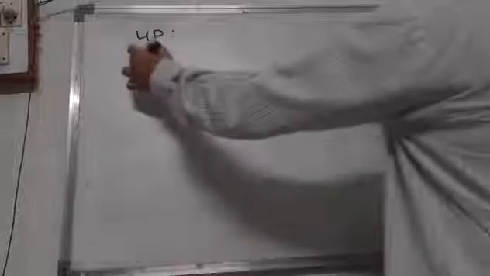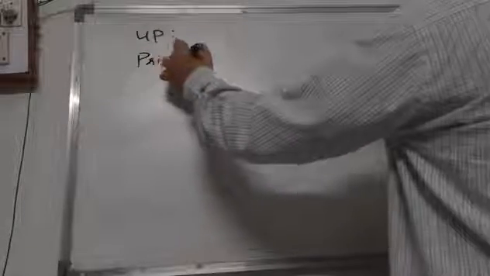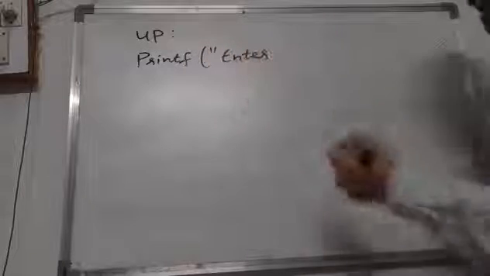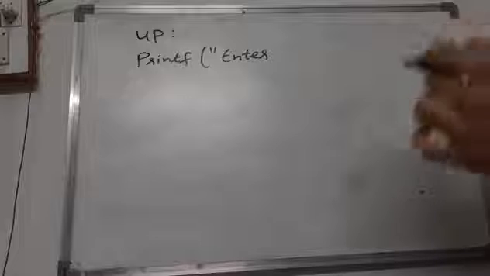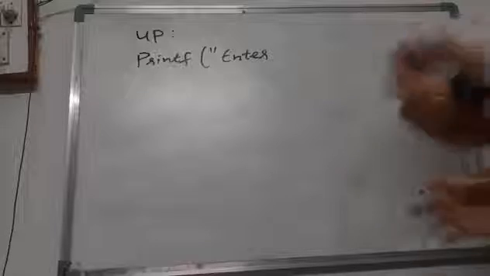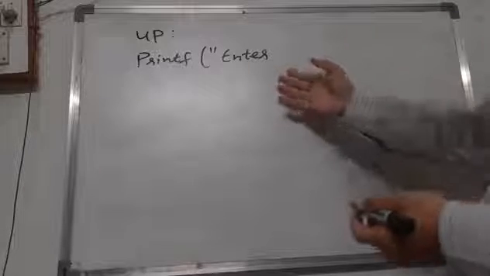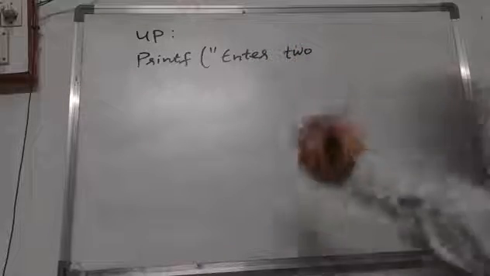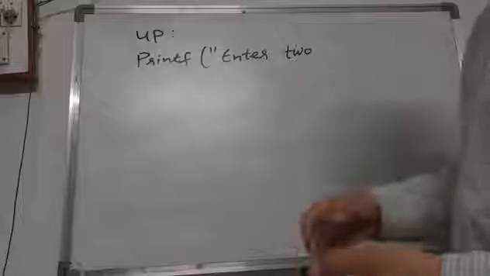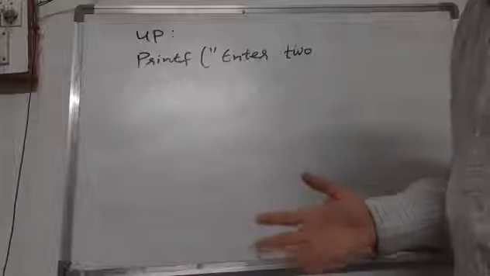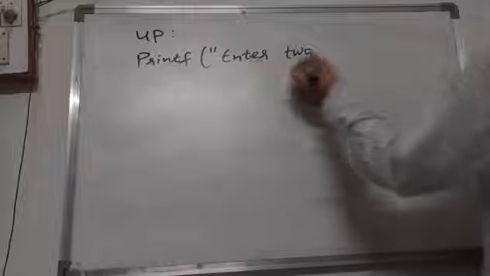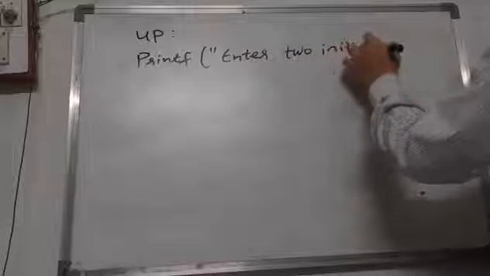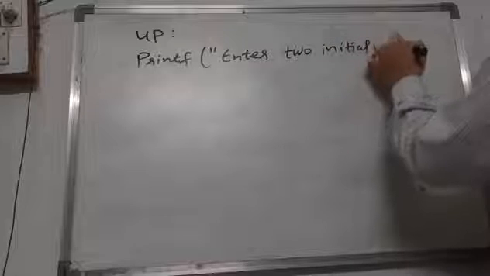So first of all printf I am taking. Printf, enter the A and B values. Who are this A and B? F of A into F of B less than 0, I have taken initially. So those A and B values you have to enter here. Enter two initial values. We are going to assume these two initial values, right? Where f of x is continuous in the interval a comma b. So that interval, the two values, you have to enter here, depending on the function.